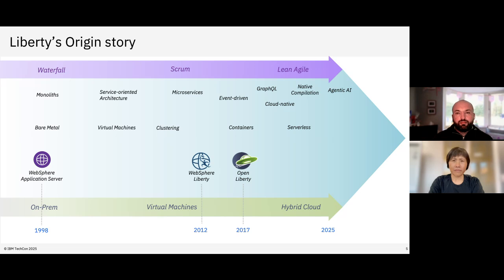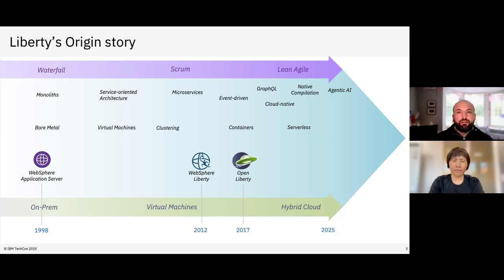We've had infrastructure changes going from on-prem to VMs to cloud and containers. We've had application development methodologies such as waterfall, Scrum, and Agile, and everything in between. A lot of innovation at the moment, but you can see in 2012,